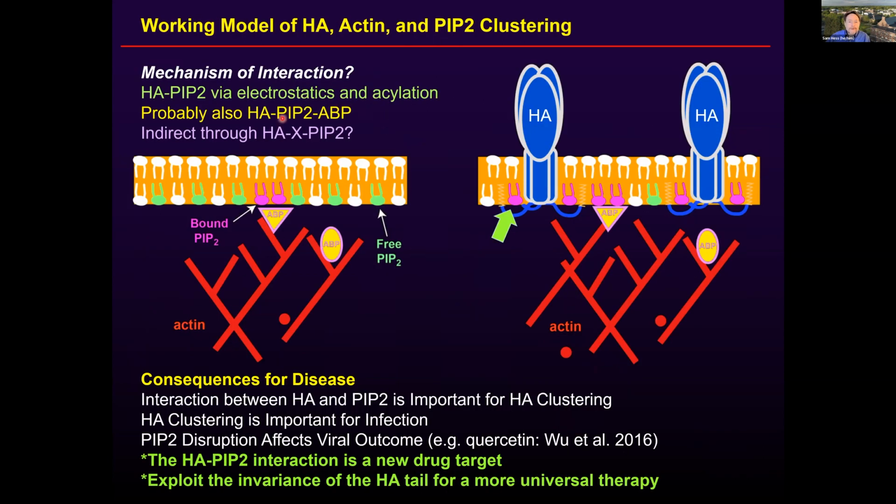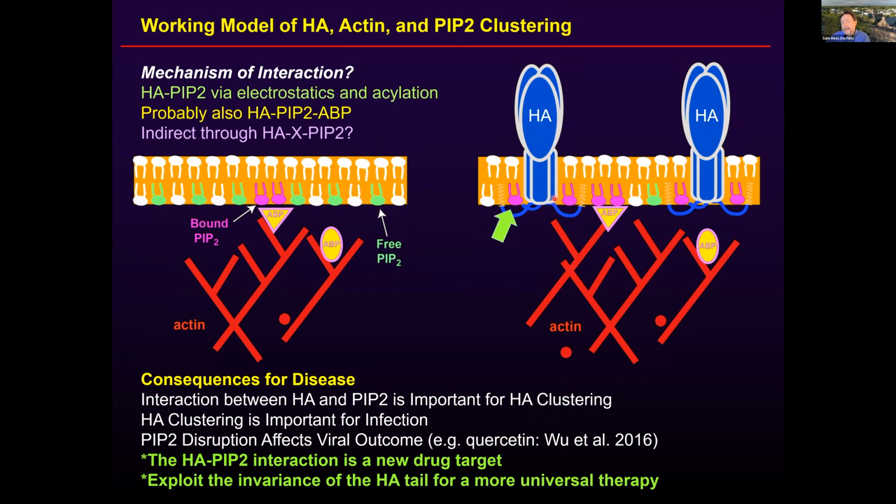So do we fully understand the mechanism? I would say there's still plenty left to think about, but what we think is happening at the moment is that we have free PIP2 in the plasma membrane. We have actin binding proteins and PIP2s interacting. The actin binding protein interacts with actin, and this would be without HA, kind of a normal cell membrane. The cell gets infected, the HA is trafficked to the plasma membrane, where the cytoplasmic tail of the HA can interact with PIP2, leading to a colocalization of HA with PIP2, as well as with actin binding proteins and actin.